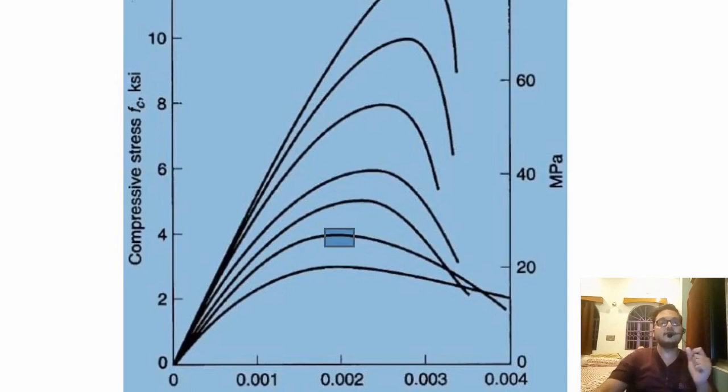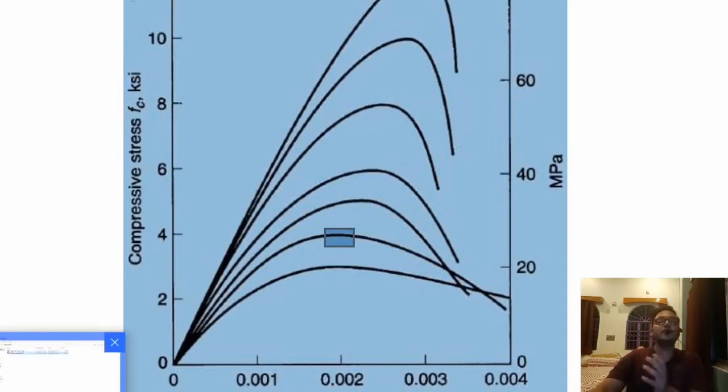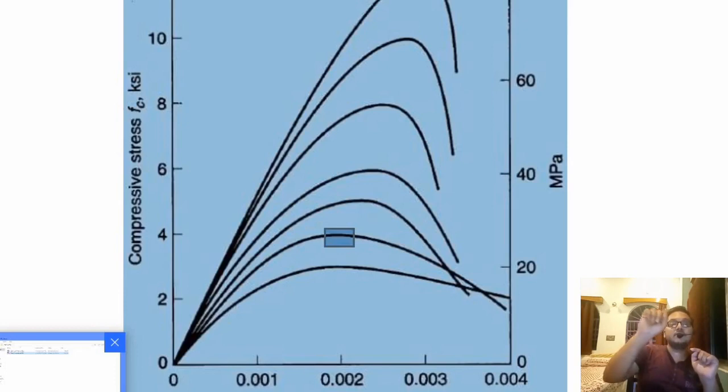In other words, when it gets a peak at a certain level, the compressive stress is being provided and simultaneously some strain is also occurring. As we put the compression, after putting the load, a certain amount of strain will occur in that particular specimen. That strain will keep on increasing as and when we increase the compressive stress. The more we increase the compressive stress, the more will be the strain, and it is seen that at a certain point the compressive stress will reach its peak value.